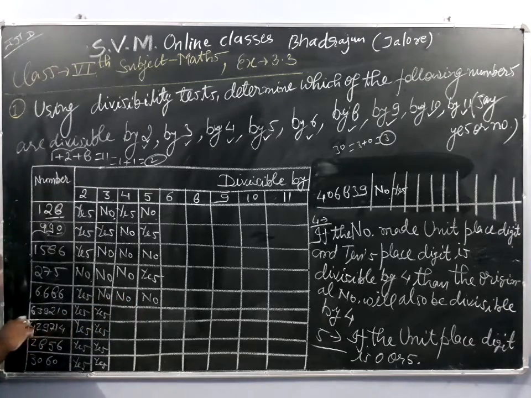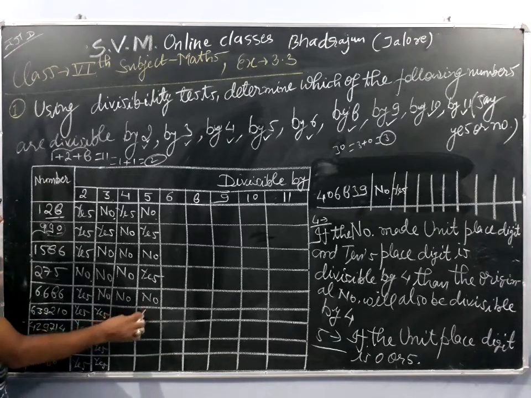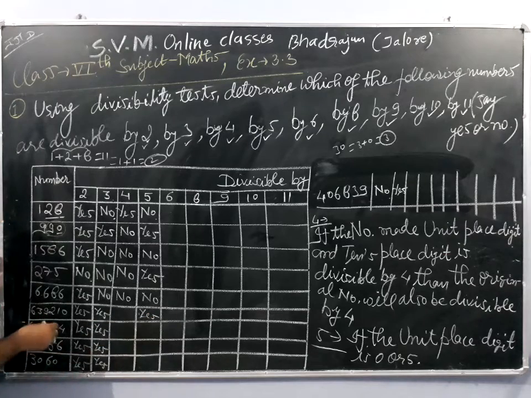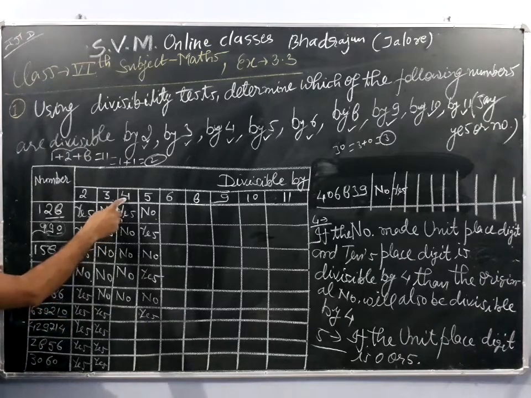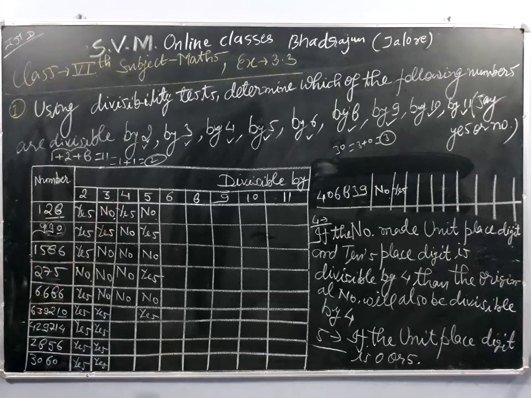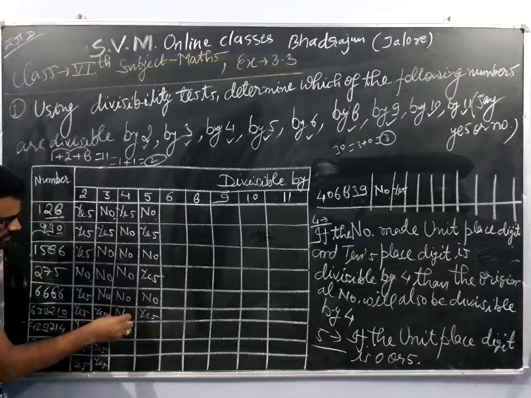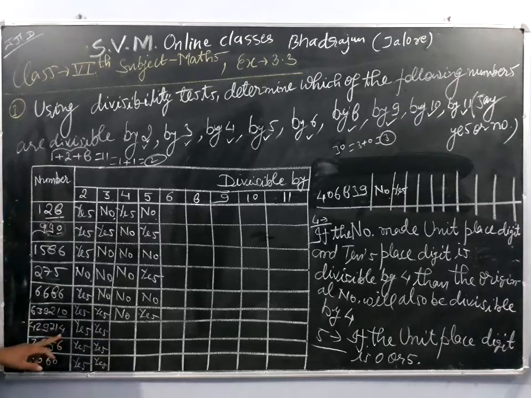Now let us move towards this sum, and here we are seeing unit place digit is 0, hence the number is divisible by 5. Hence our response is yes. So let us move to the divisibility check for 4. Here we are seeing our number to be observed is 10. So we will count the table of 4 for the divisibility check of 10. Here 4 1 is 4, 4 2 is 8, 4 3 is 12. Hence 10 is not divisible, so the whole number will not be divisible. Our response is no. Let us move towards the next question.